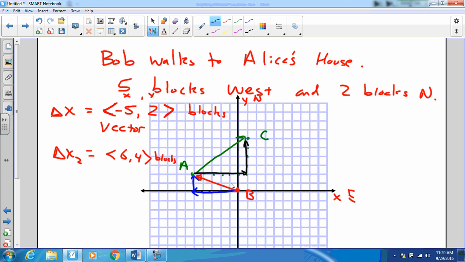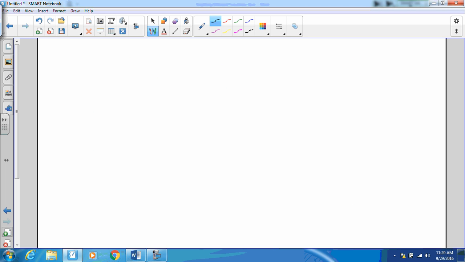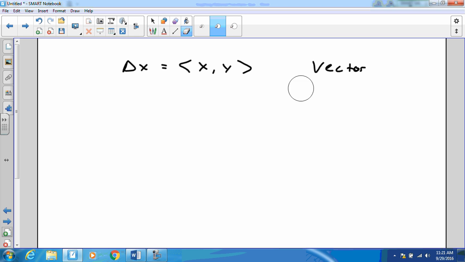Okay, so far so good. So, we're going to call this object right here a vector object. And I'll give you a definition in just a minute and tie that in with this. But for now, we're going to think of this form in which we are putting this vector object in rectangular